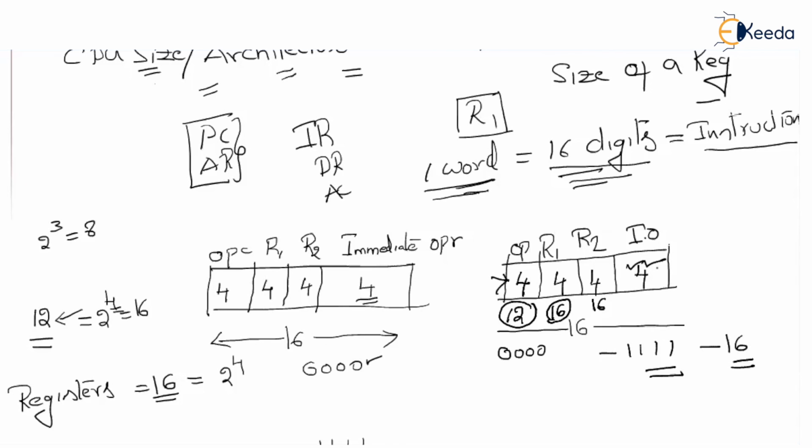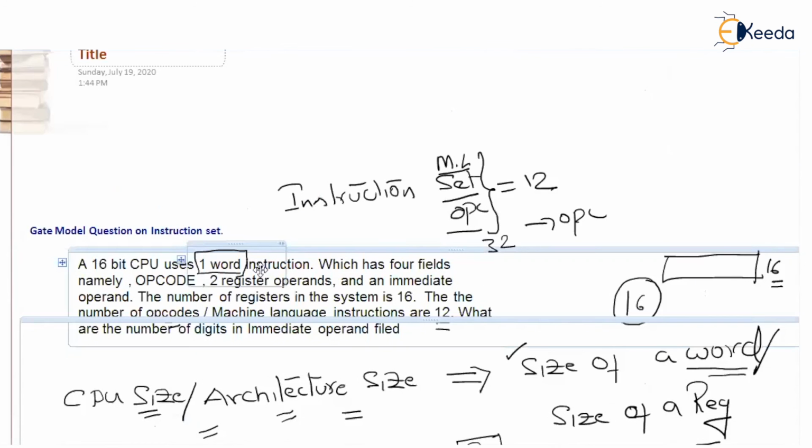Let us stay focused. Sometimes we may also be asked what the maximum size of the immediate operand is. The maximum size is 2 power 4 minus 1, that is 16 minus 1, equal to 15, because a number can be represented as 2 power n minus 1, as numbering starts from 0. This is how we solve a question based on instruction set architecture, instruction size, or identifying a particular field size.